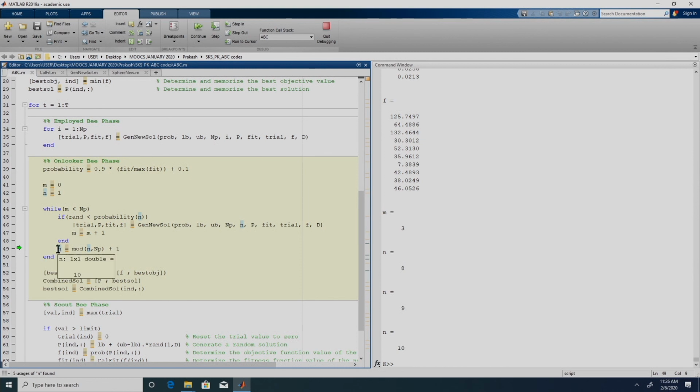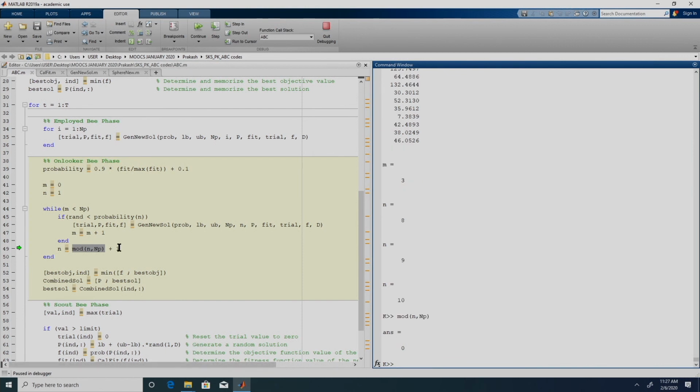If we just had n plus 1 over here, it would go to 11 and we do not have an 11th food source. That would have been a problem. So, 3 B's have been completed, and we are stuck with the 4th B as of now. The 4th B will now explore the 11th food source. Since there is no 11th food source, we go back to 1. So, this mod of 10 comma np value will be 0, and we are adding 1 to it.